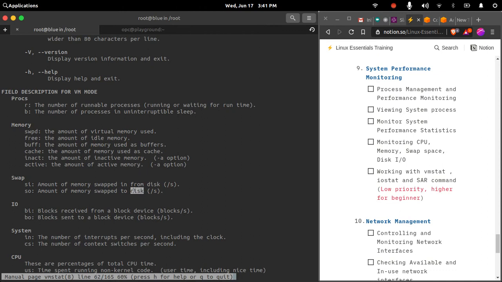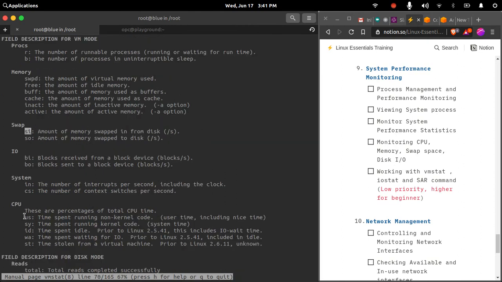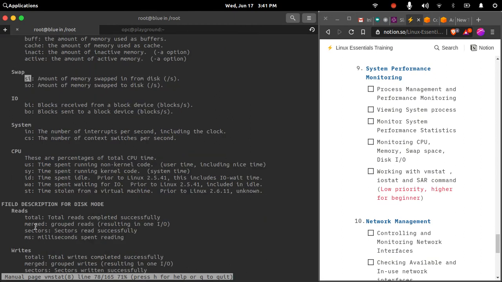It is not a separate memory chip, it is something that is created on your disk. So SO is the amount of memory currently being written to the disk, and SI means the amount of memory currently being read from the disk. Here you will be able to understand what all these values mean and what the explanation for each is.